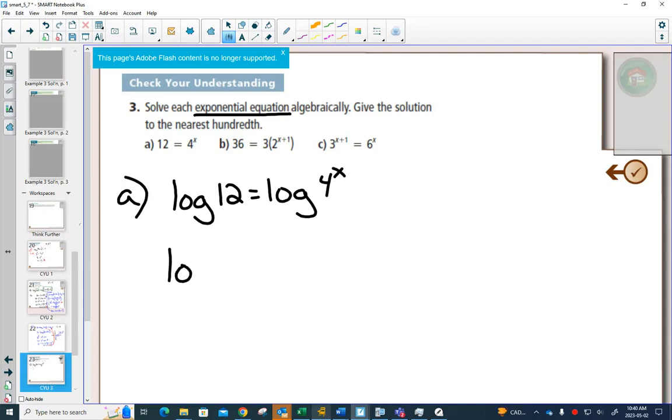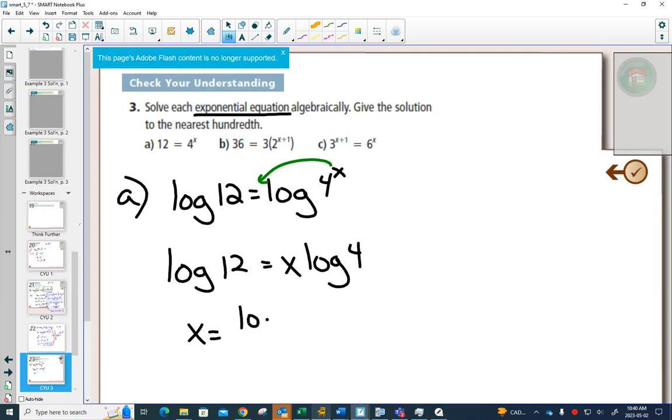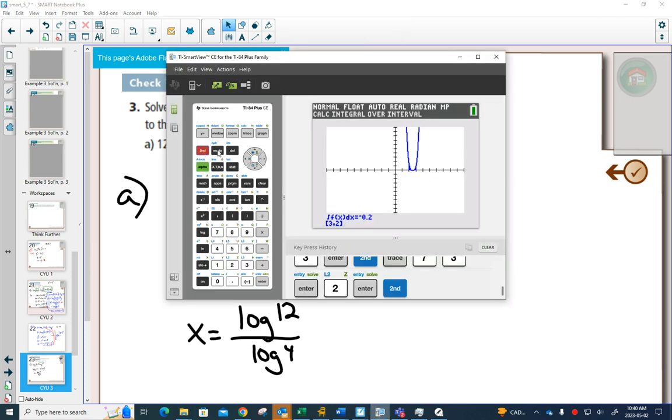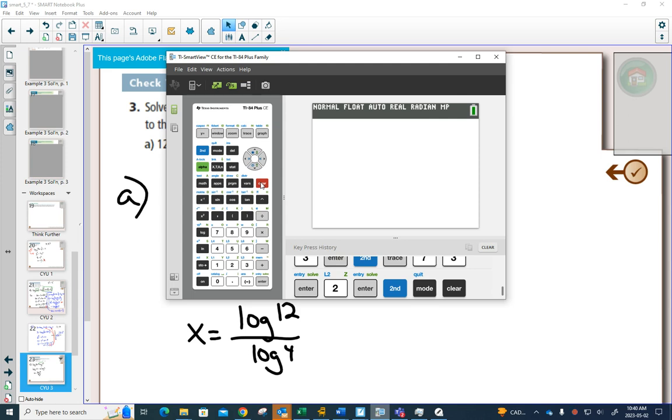This one, right away, you might notice, hey, I can bring that x out in front. That is our goal, to get that x out in front, because now you can get x by itself by dividing both sides by log of 4. And as you were working in groups yesterday, I showed some of you that if you type this into your calculator, so I've got log of 12 divided by log of 4,